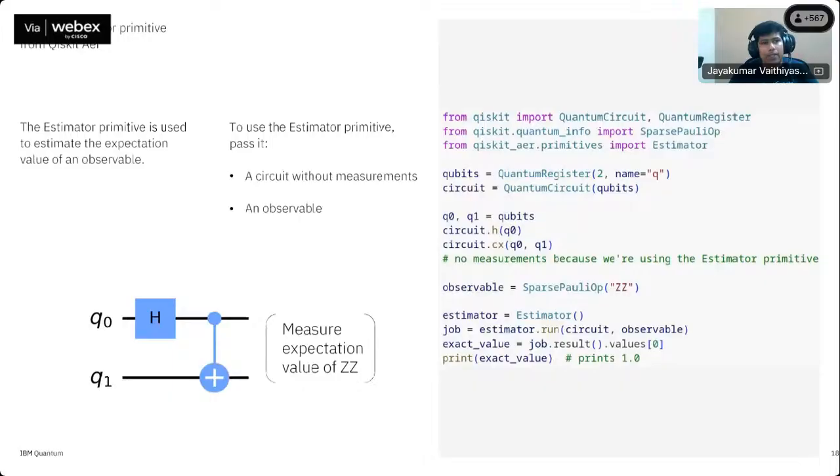So the estimator primitive, we discussed in the first two slides. The estimator primitive is used to estimate the expectation value of an observable. Whatever you are about to observe is called the observable value. So this is a sample experiment of expectation value ZZ. So the observable is ZZ. If you write this estimator code, you will get the actual value that you are expecting out of it. Okay, so the exact value is